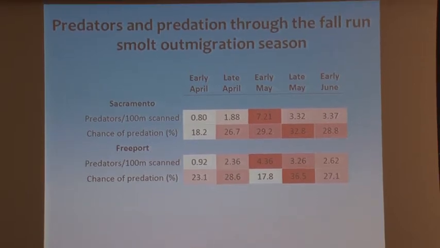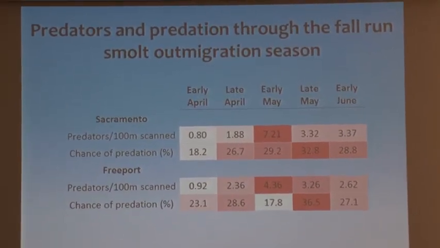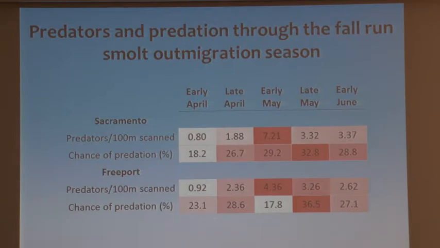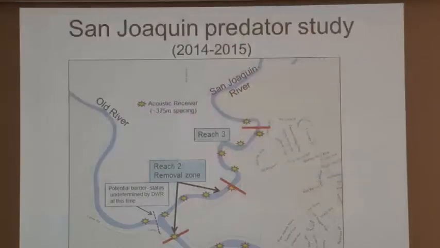Okay, this is some information about the seasonal variation in predators and predation. And we do see a pattern of increasing predator abundance in May. This is coincidentally the peak of the salmon smolt migration. That's a little bit alarming. The predation rates themselves, as reported by the tethering experiments, don't really vary in any kind of super clear pattern. And the seasonal pattern was fairly consistent.